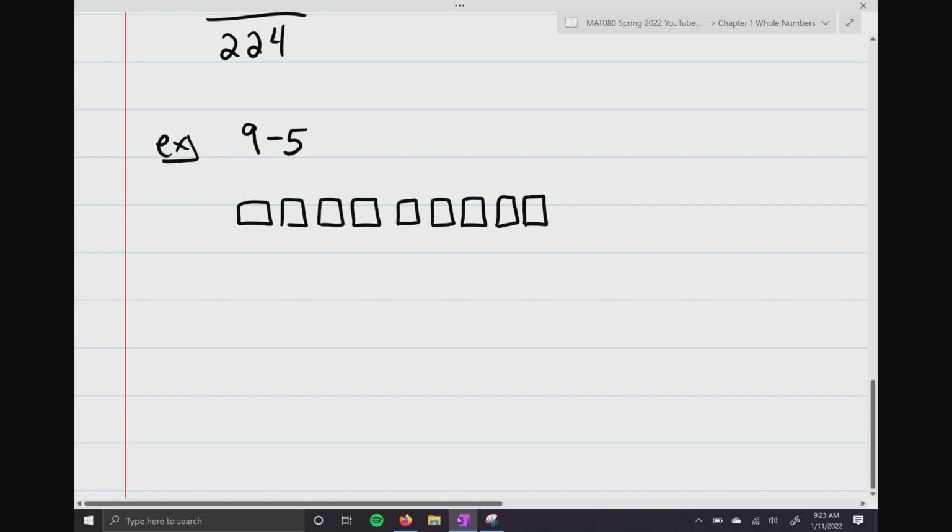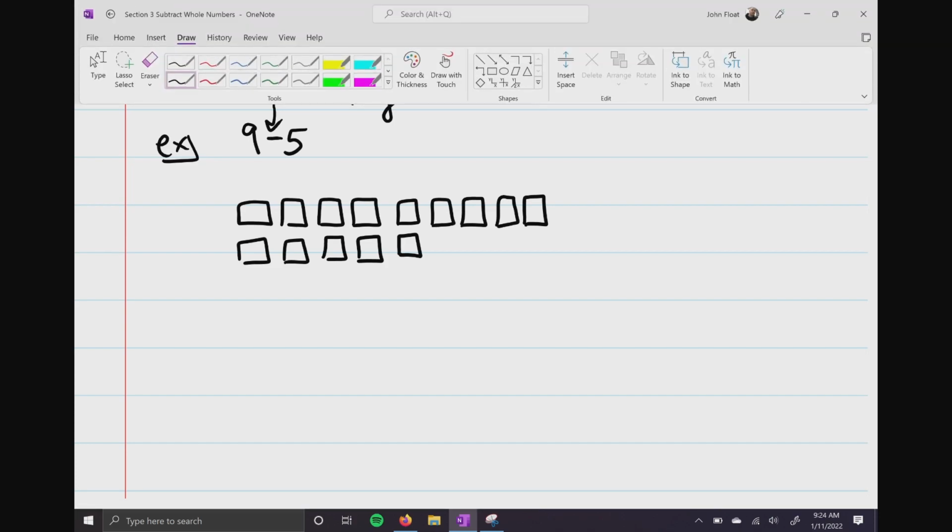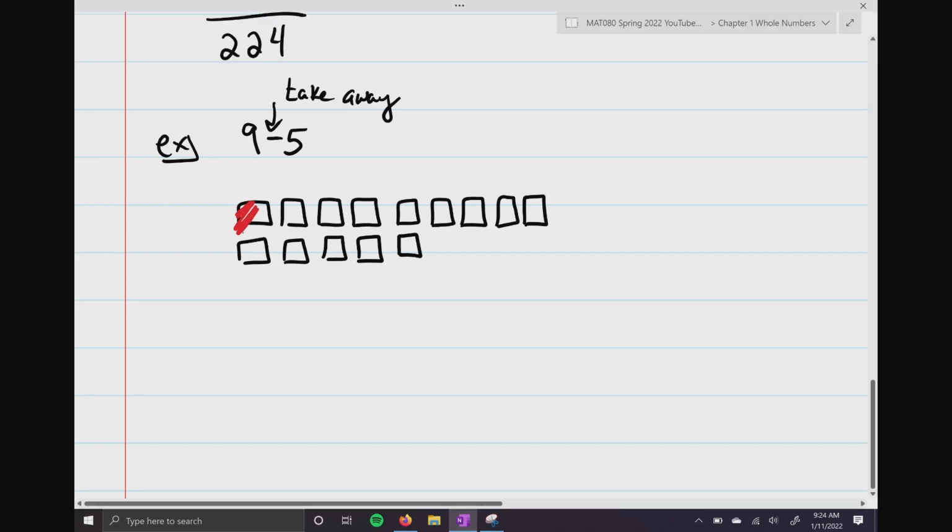And then I can draw another 5 blocks underneath. 1, 2, 3, 4, and 5. And the subtraction means to take away. In other words, what I'm going to do is with a different color, I'm going to just scratch these out. Wherever I see 2 blocks that match on top of each other, I'm just going to scratch them out. And notice